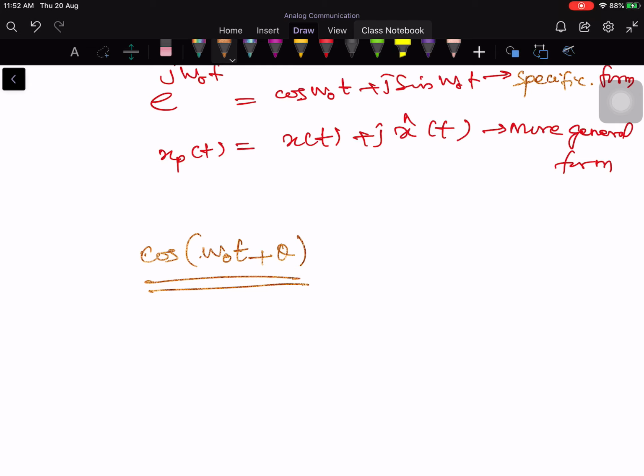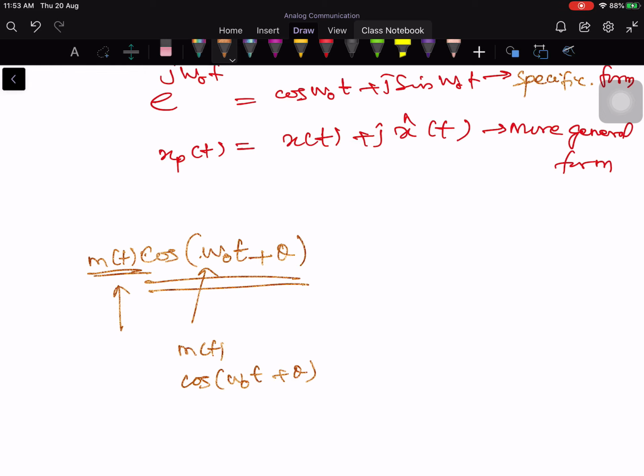Now I ask you to visualize the signal as a waveform. It is a product of two signals. I forgot to put m of t here. So it is a product of two signals, m of t times cos of omega naught t plus theta. You have m of t and you have cos of omega naught t plus theta. We are going to discuss this kind of signals in detail when we discuss modulations, but this is a good time to discuss it.